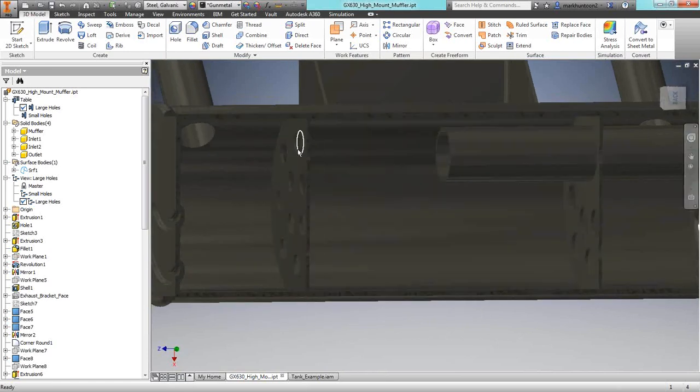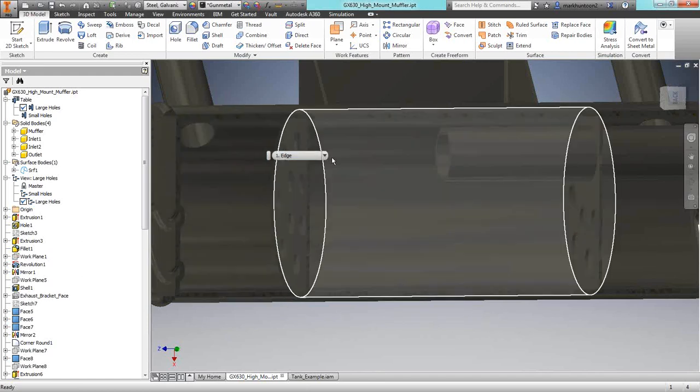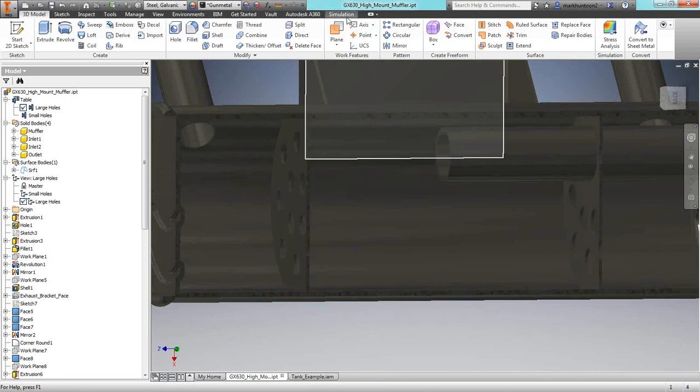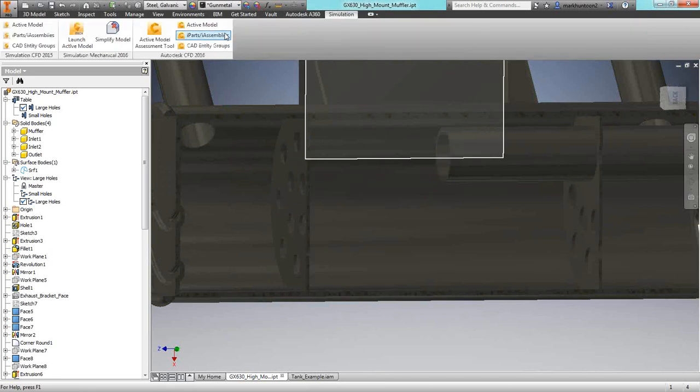And you have these holes, and so right now this is showing the large hole configuration, and then they have a small hole configuration. So we want to run this analysis, and we want to see what happens if we use the large hole and what happens if we use the small hole, and run it for 2 different engine operating speeds. So to do this and pull this information directly from the CAD system, especially Inventor, we come up here to the Simulation tab, and I can press this Active Model button, and I'll push it right over into CFD. And if I have all of my material information there, it pushes that along as well. So going to CFD,